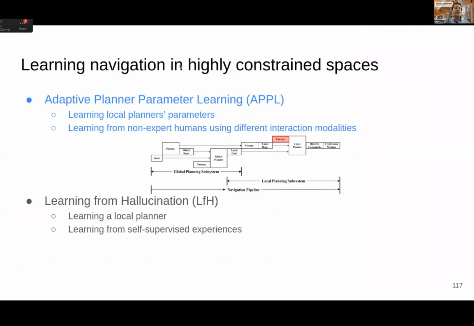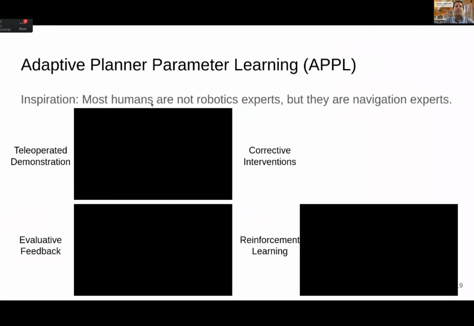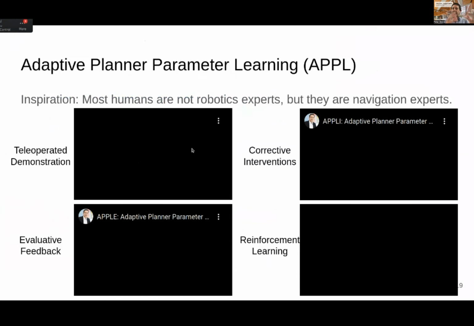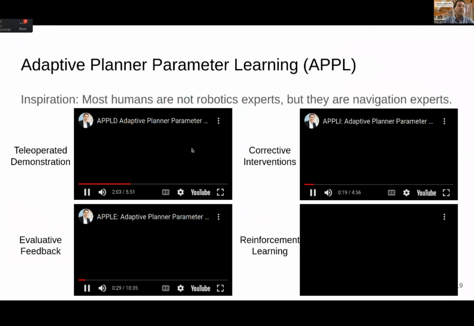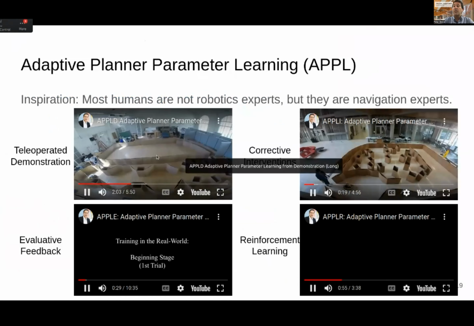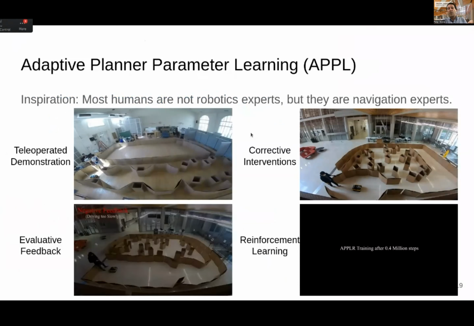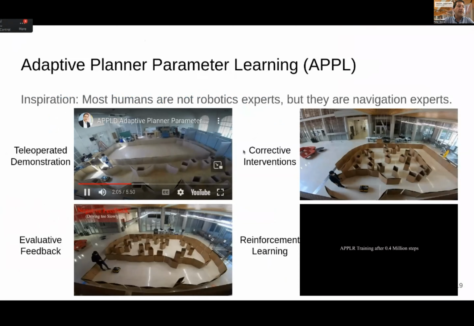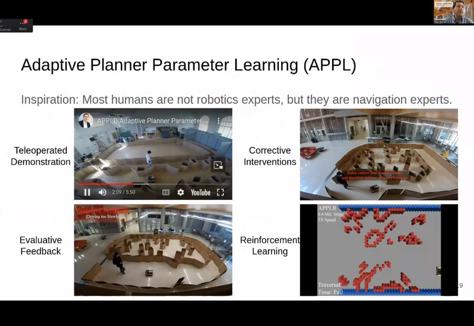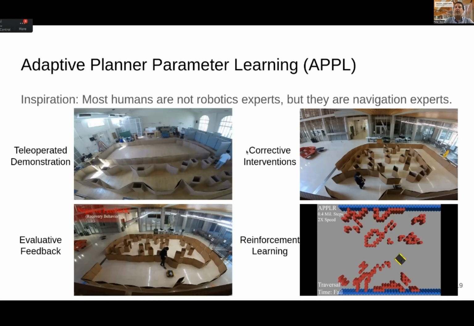But our approach to this kind of problem we've called adaptive planner parameter learning. And again, without going into the details of all of the different sub-approaches here, this slide summarizes the different ways that we've specified the task beyond just get to the global goal or even the local goal. There's teleoperated demonstrations in a method called APPLE-D, adaptive planner parameter learning from demonstrations, where the task is specified first by a person teleoperating the robot through the constrained environment, which gives